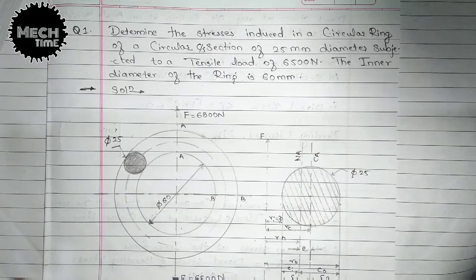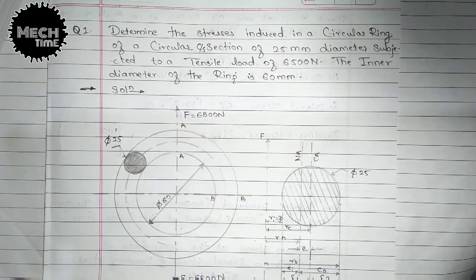So this comes under the DME2 first module, first chapter, that is curved beam. Before this, you need to know the derivation and the procedure to solve the problem. I have made a separate video on this, so please go to my channel and check that video too. And please be prepared with the procedure, because in the design of machine elements the procedure carries marks. If your procedure is good, you'll get good marks because your answer will also be good. Okay, so without wasting time, let's go.